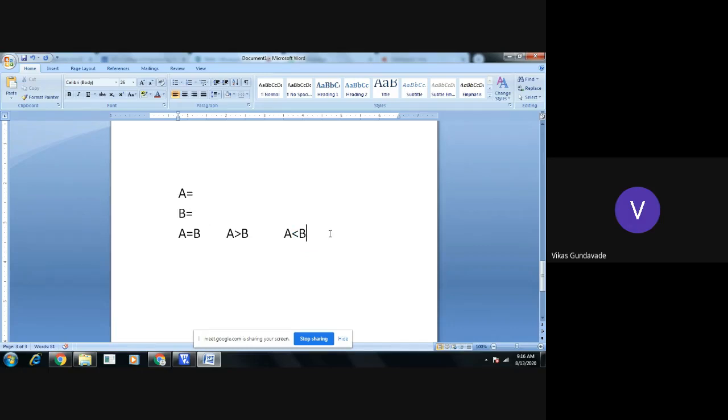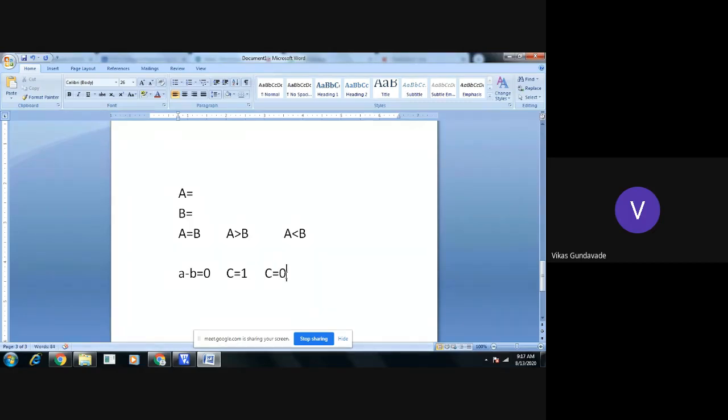In this compare instruction, by default, A will get subtracted from B. Now either the result will be 0, or carry will get generated, carry equal to 1, or carry will not get generated, carry equal to 0.